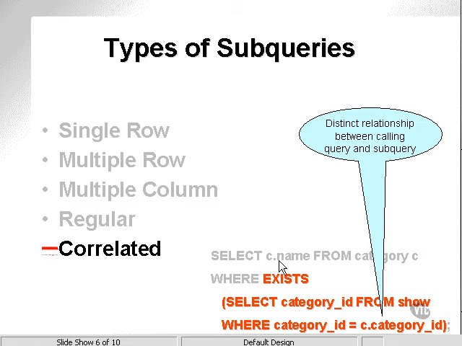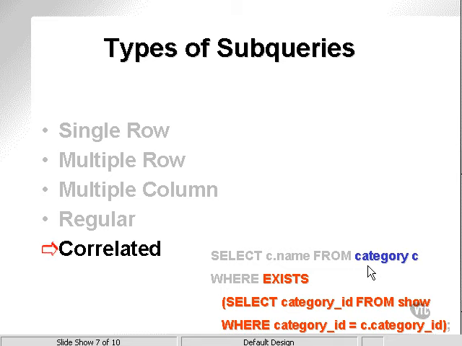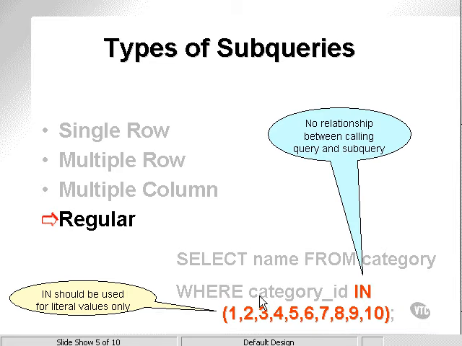The correlated subquery. In the correlated subquery, there is a relationship between the calling query and the subquery. This relationship is established based on one or more tables in the calling query using the exists clause, passing a result from the calling query down into the subquery where the subquery table, in this case category ID, is matched against the category ID from the calling table. This is very important to remember. The exists clause is much faster than in